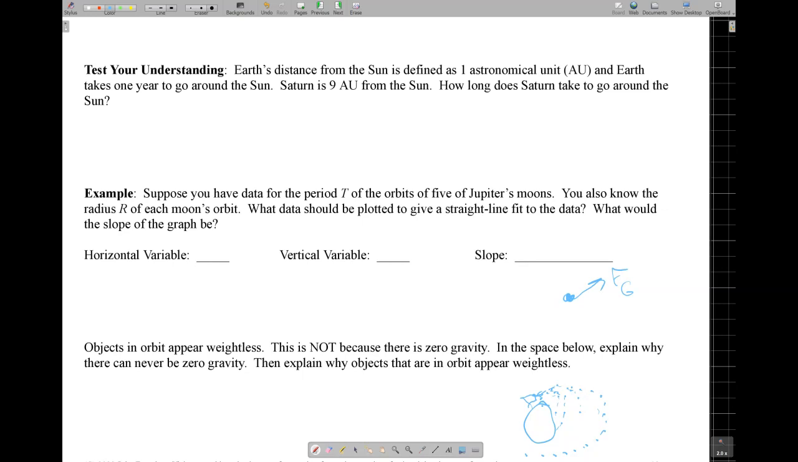So because they're falling at the same time, the spaceship falls, the astronauts fall. The astronauts will never hit the floor because they're falling at the same rate. So everything appears to be weightless while you're in free fall. You can see this